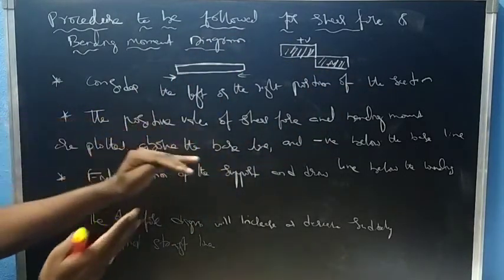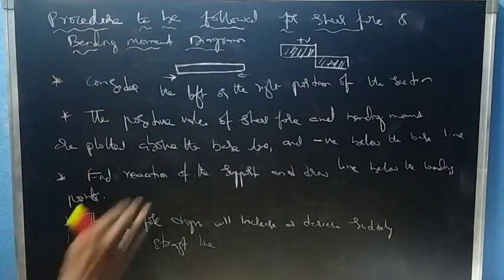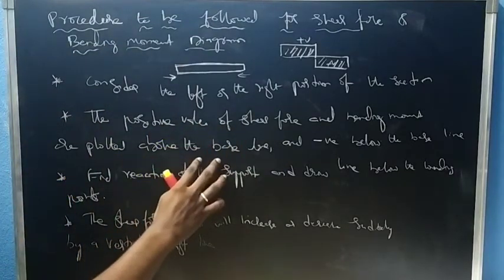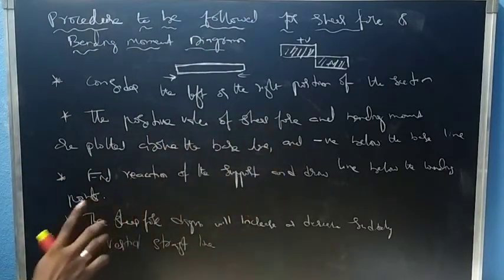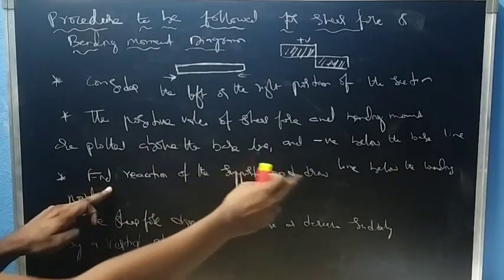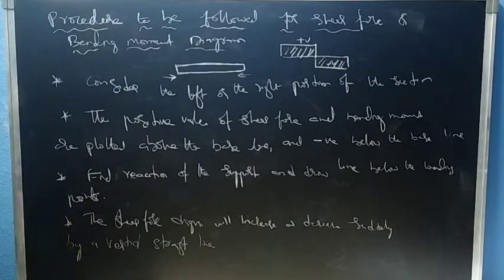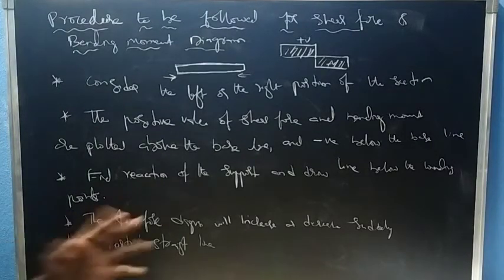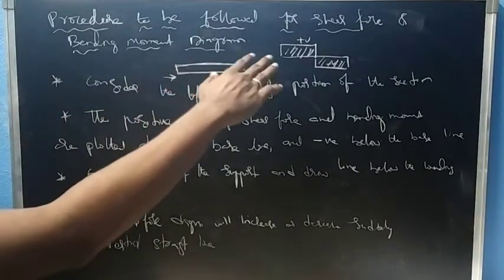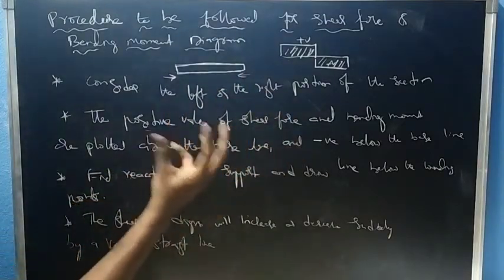Next, positive values will be plotted above the baseline and negative values below the baseline, and find the reaction supports and draw the line below the loading point. Then shear force will always increase or decrease suddenly, or it will be linear along a particular straight line. So next point we'll see,